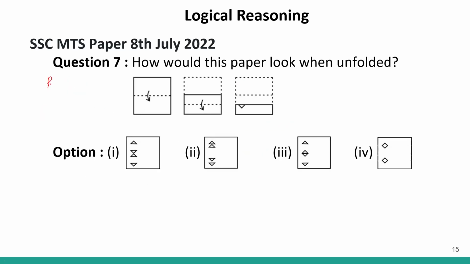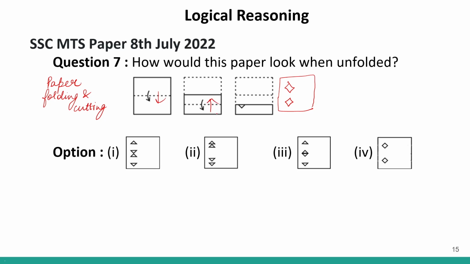Now, paper folding and cutting. So the paper was folded into half and then again half. And an incision was made over here. So two things. First is how the paper is folded and how much the paper is folded. And second thing is how the incisions look, because they will be reversed. So if I open this paper, okay, my incision will look something like this. Correct? And if I open it further, so if I open it like this, I'll get one more incision over here. Because this was first folded into half.